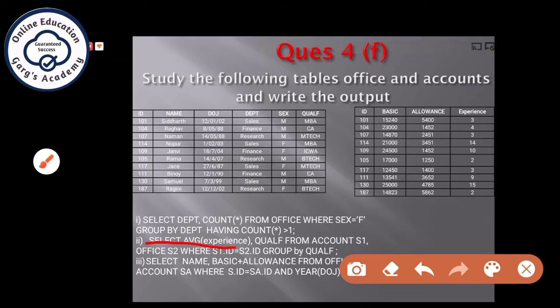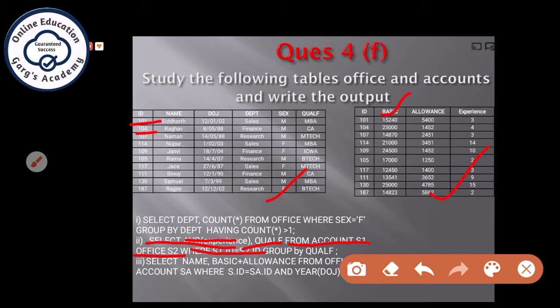Select average of experience, qualification from account S1, office S2. So you have to concern about these 2 tables. You have to calculate the average of experience. Sorry, I have calculated the average of basic in this column by mistake. Now where S1.id equal to S2.id.